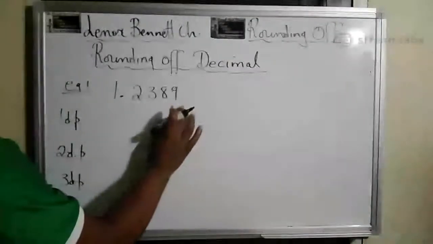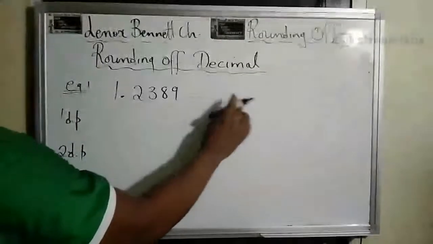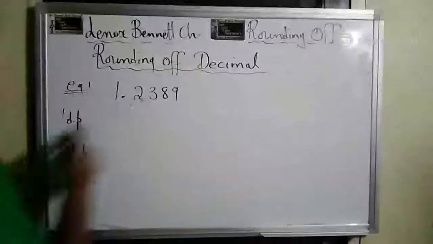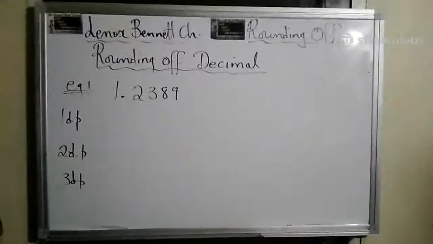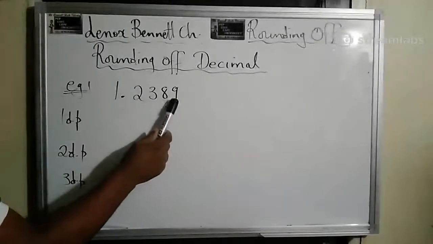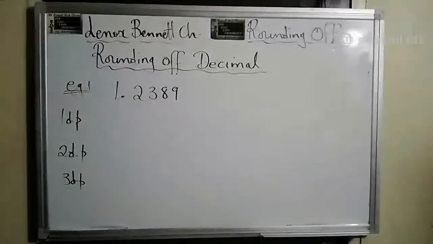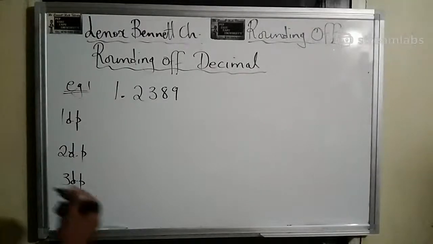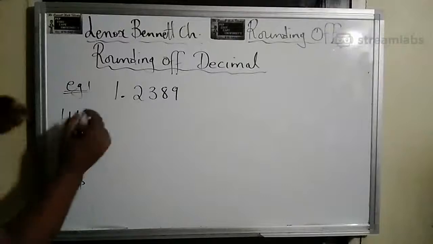Currently this is 4 decimal places, because 4 numbers come after the decimal point: 1, 2, 3, 4, right? Somebody will say 4 digits, if you get technical. So 4 digits come after the decimal point. So let's look, when we are rounding off to 1 decimal point,